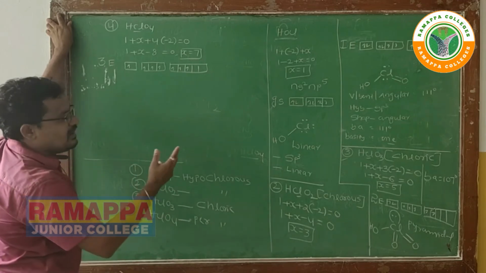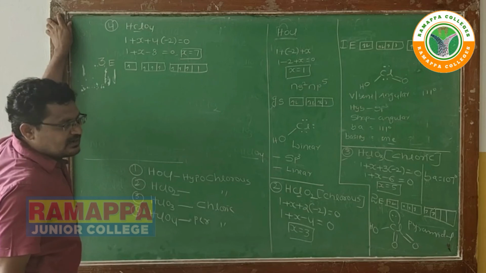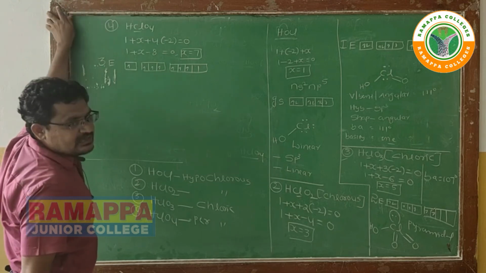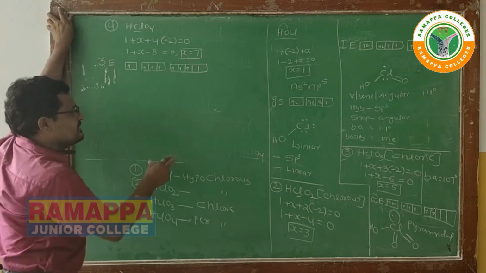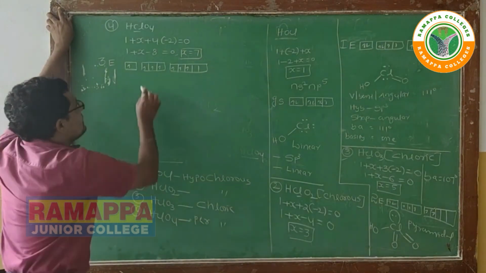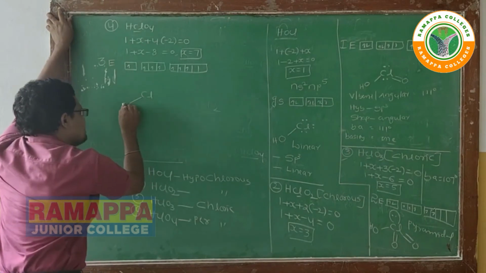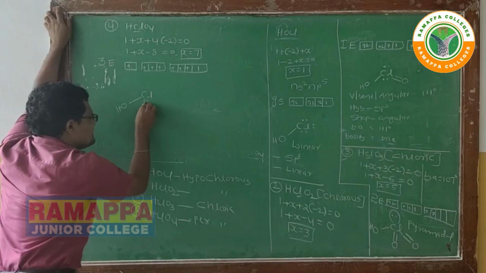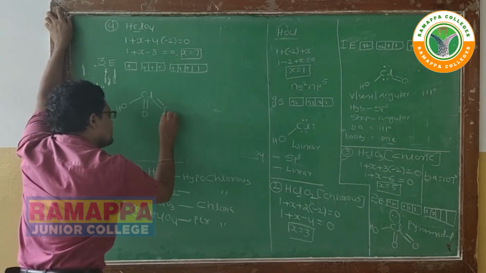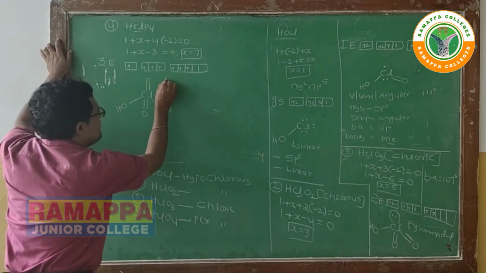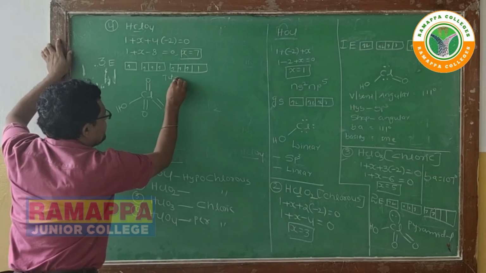Due to sigma electrons, pi electrons are there. Sigma electrons participate in hybridization. Pi electrons do not participate in hybridization. That's why HClO4 is also sp3 hybridization. So for its shape, chlorine is the central atom. Here how many OH? 1 OH. Remaining how many O? 3 O's, that are double bonded O. Its shape of the molecule is tetrahedral.